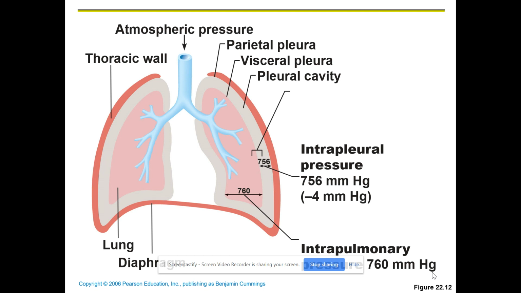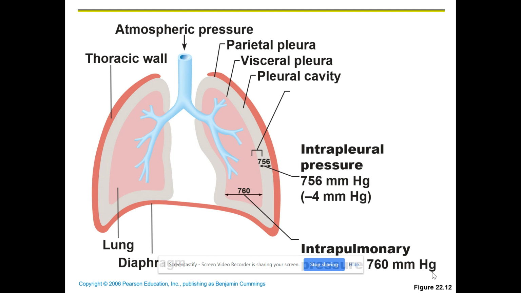So at sea level, remember what atmospheric pressure is? It's 760 millimeters of mercury. That means it's 760 outside, which is the room you're in, but it's also 760 inside your lungs. If it were higher in the lungs, air would move out until they were equal. If it were higher outside, air would move in until they were equal. This is possible because the glottis is usually open.